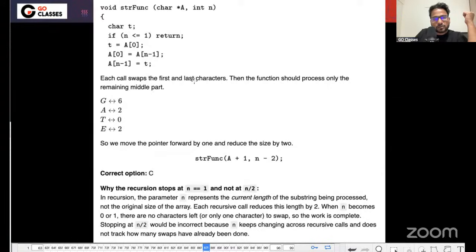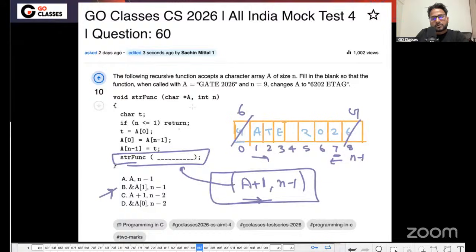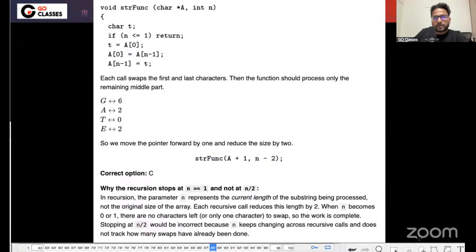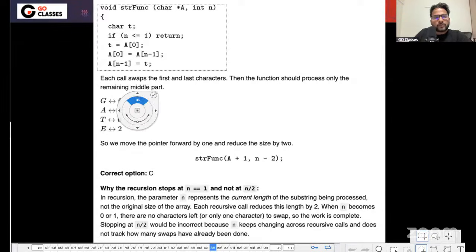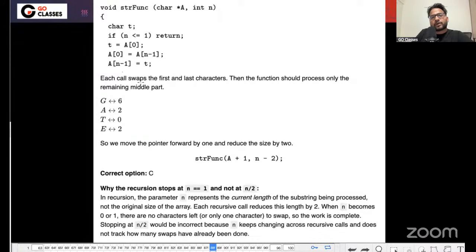Let me just check. Each call swaps the first and last character. If I'm passing n, then you are basically swapping a0 and a of n minus 1, right? So let's do one thing. Let's just dry run this algorithm one more time. Let me take this on the next page, or maybe here itself. Each call swaps the first and the last character, then the function should process only the remaining middle part. So basically, first call, if it is GATE 2026,